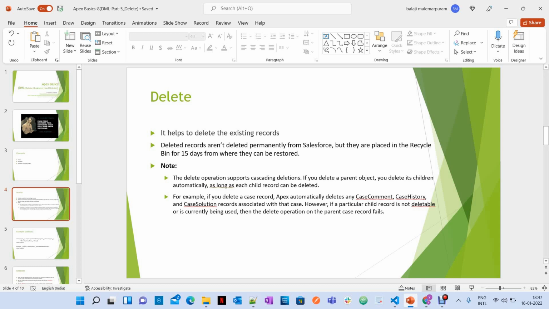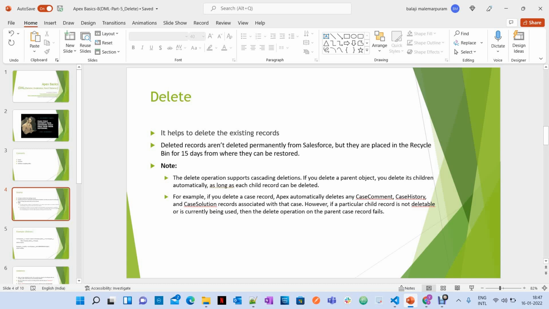And one more thing, if you talk about account and open cases and opportunities, when you want to delete the account with the delete statement, when there are open opportunities and open cases, then you cannot delete. So when you want to delete this account, first you have to delete the opportunities, then cases, and then the account.